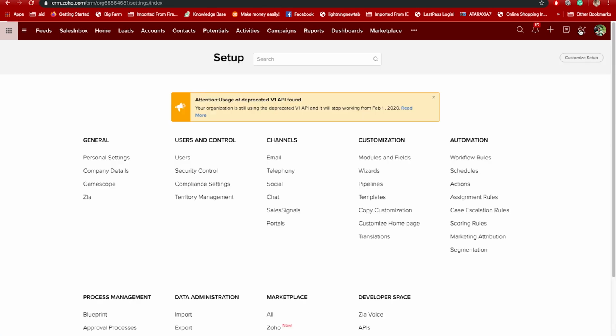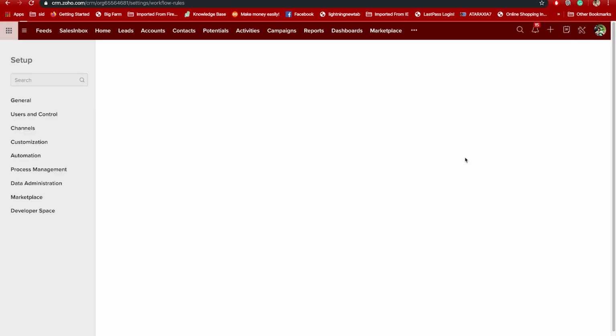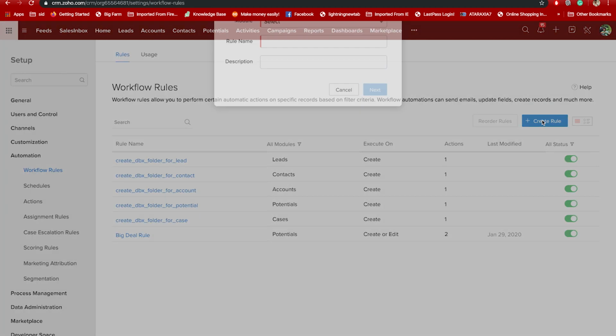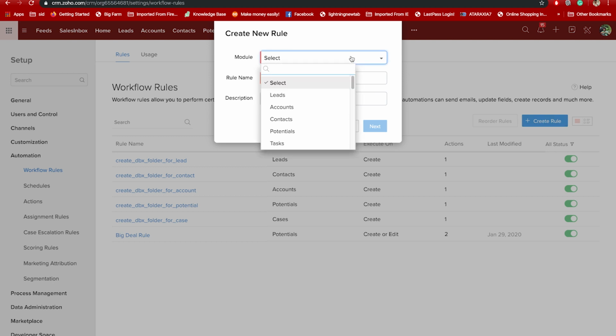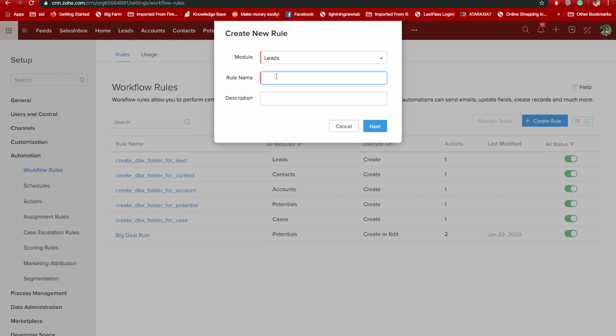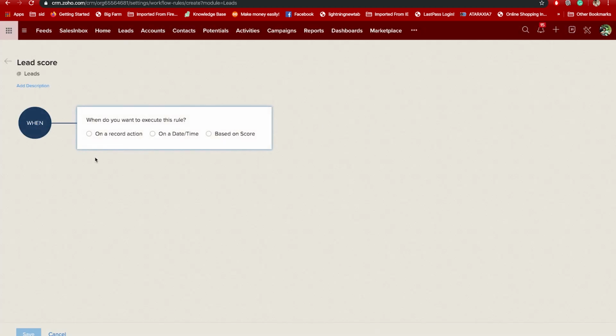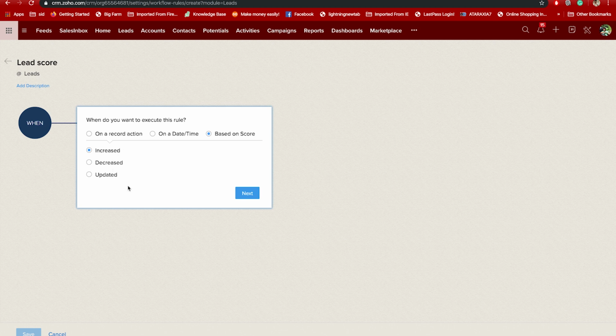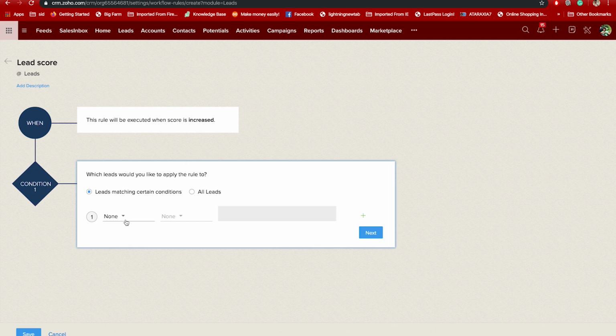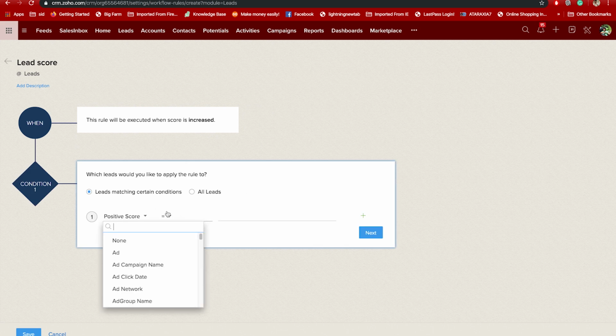Let's look at implementing one of our workflows here. Create your rule. I'm going to go with my leads module. I'm going to go with based on my score is increased.